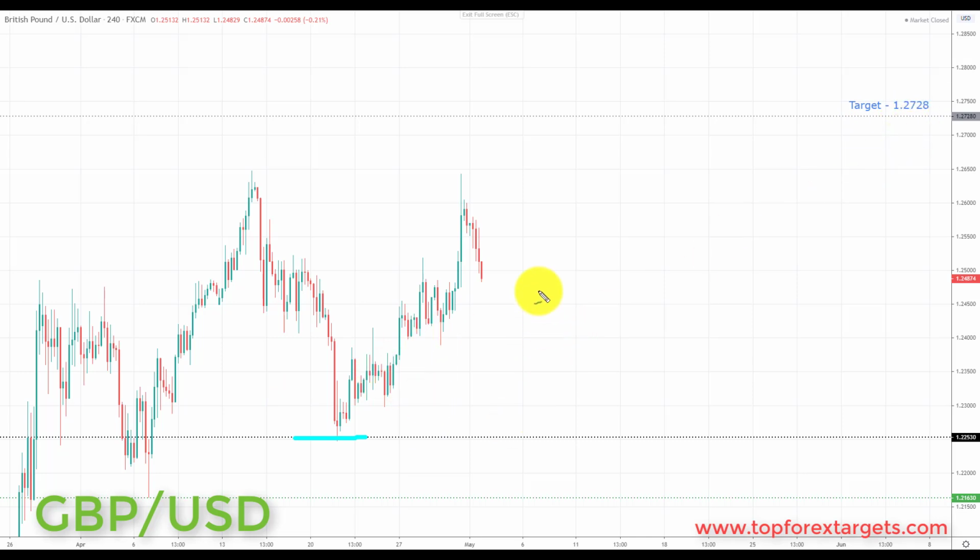1.2728. What we'd like to see for anybody not already involved is any pullback in this area, once again, is going to be viewed as an opportunity to start to look for bullish setups. And if we get the right kind of bullish setups in this market, we're going to be looking at initiating longs up towards the next key of resistance, the upside and the target set at the 1.2728.